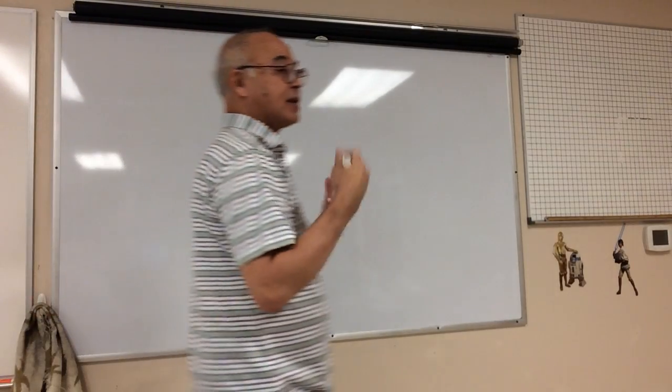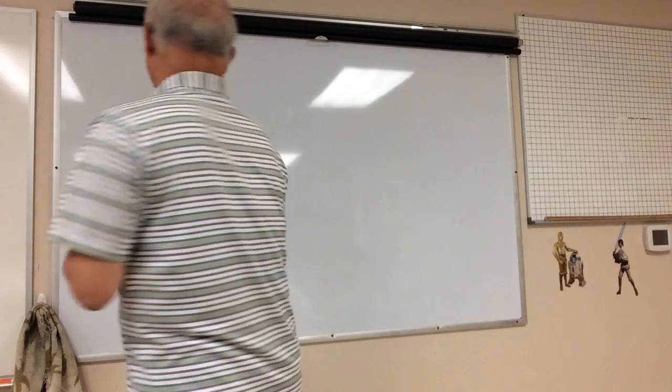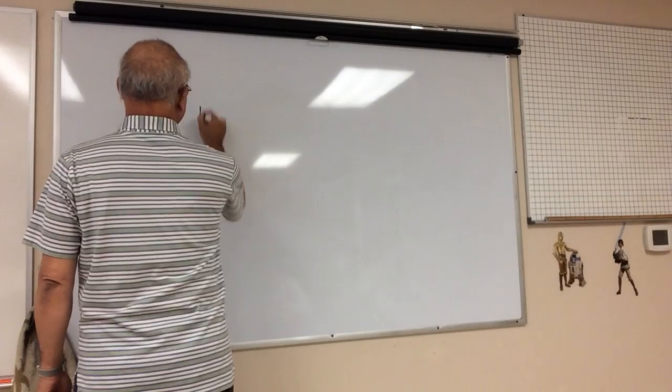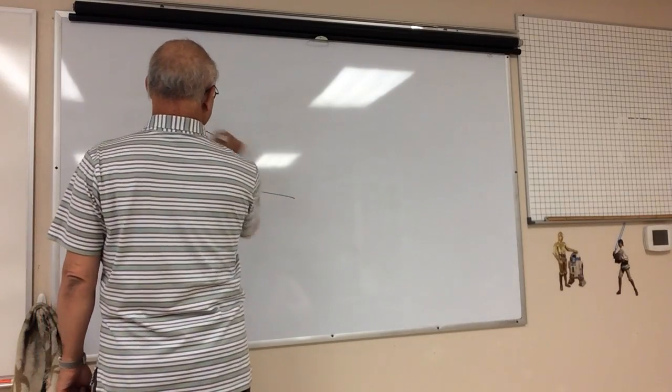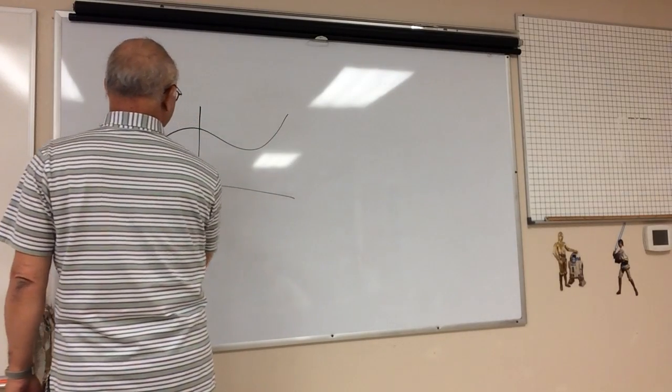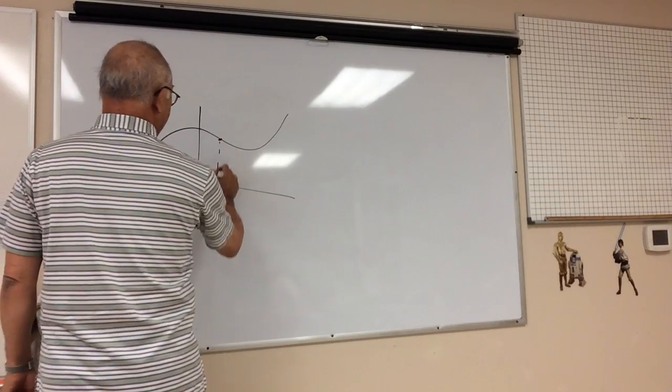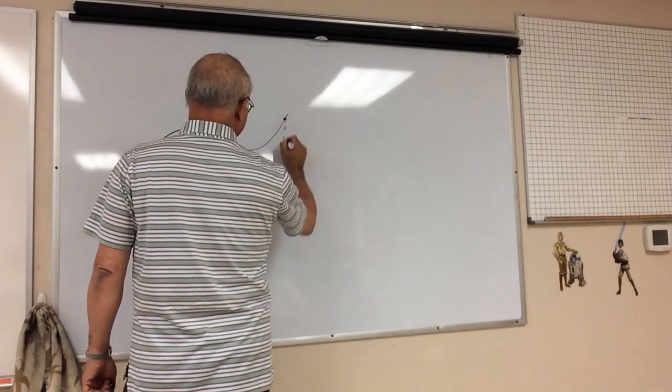Remember, the IVT was the same thing except we didn't have the derivatives. We were talking about just the values themselves. So it's the same thing as we were talking about before, right? If we had A and we had B,